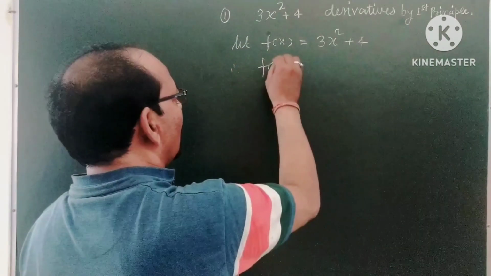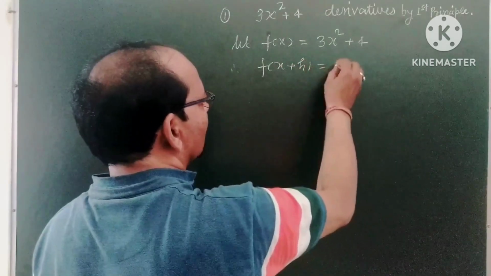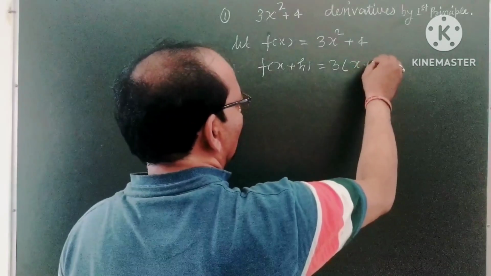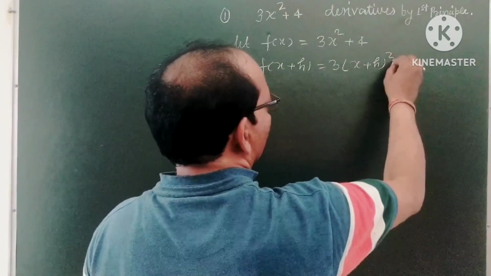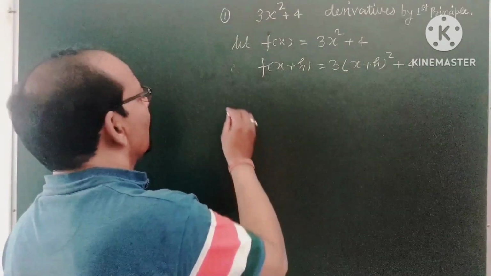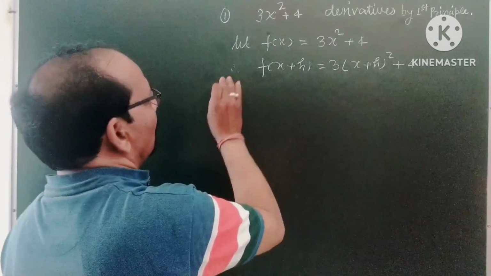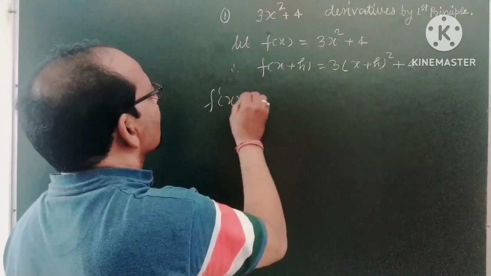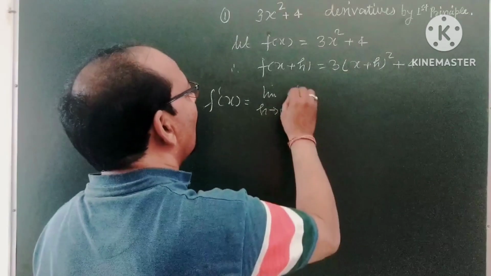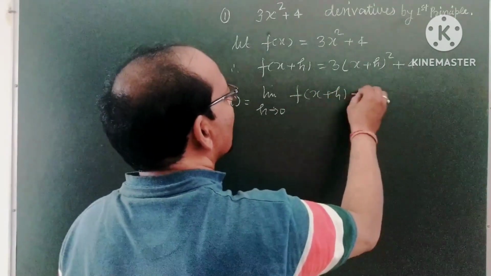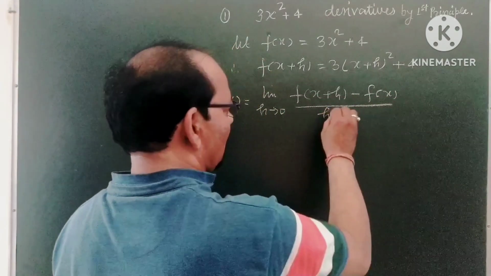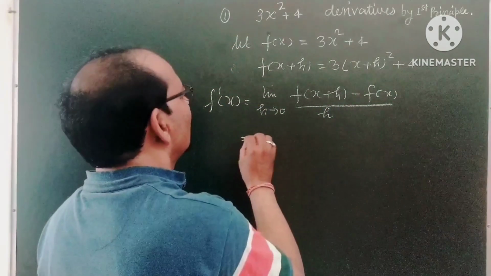Therefore, f(x plus h) will be 3, in place of x we write x plus h, whole square, plus 4. The first principle formula is f dash x equals limit h tends to 0 of f(x plus h) minus f(x) by h. Putting the values,